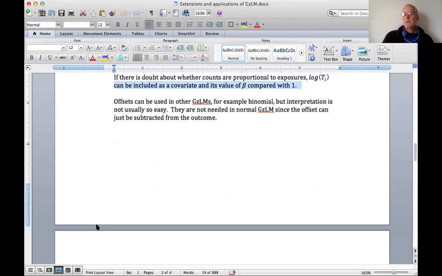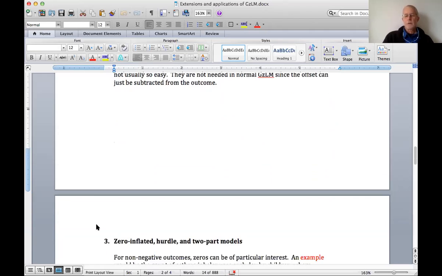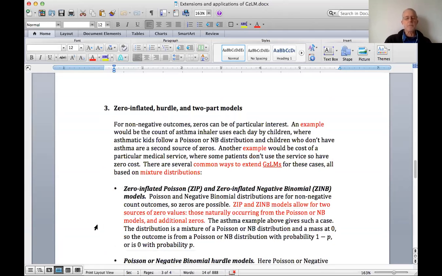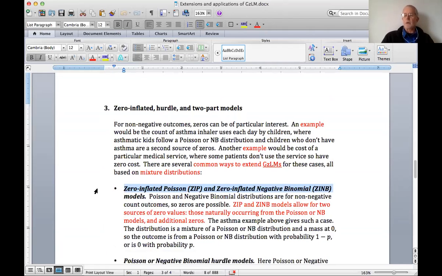So that's one extension, another extension of generalized linear models. And this last one, I only have time to very briefly mention, but I'll let you read about it. Maybe I'll talk about it next time I come back. These are zero inflated models. They're models that are used when you have counts or continuous positive values, and you just have way more zeros